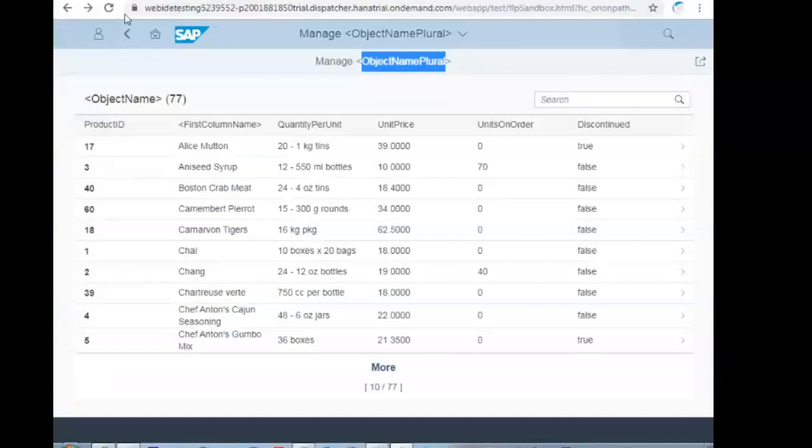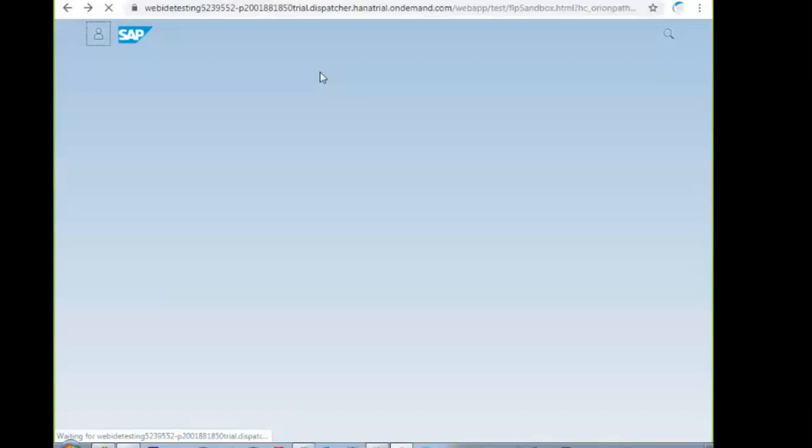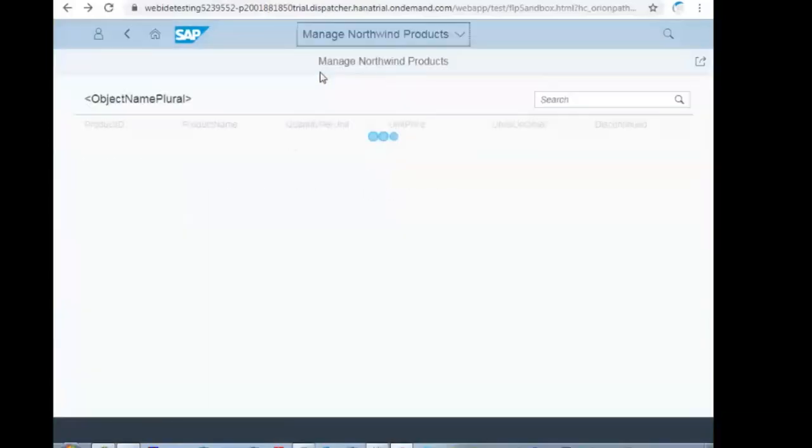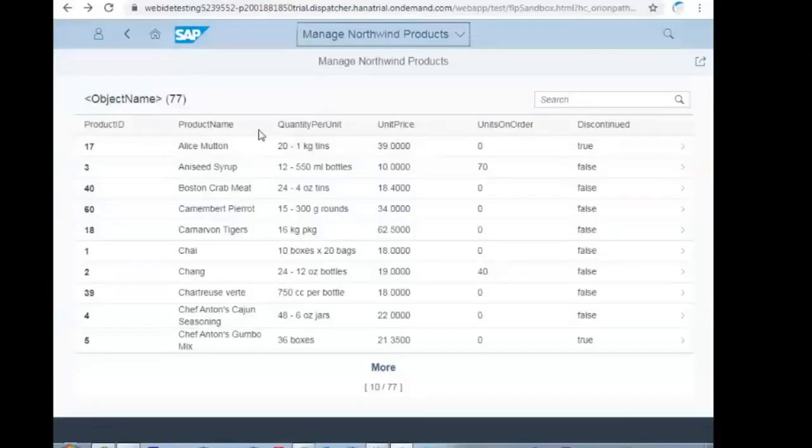Again, go to the output, refresh. Seeing the product name here, this is the value coming from the I18N dot properties file, and the top also, this is also coming from the I18N dot properties file.